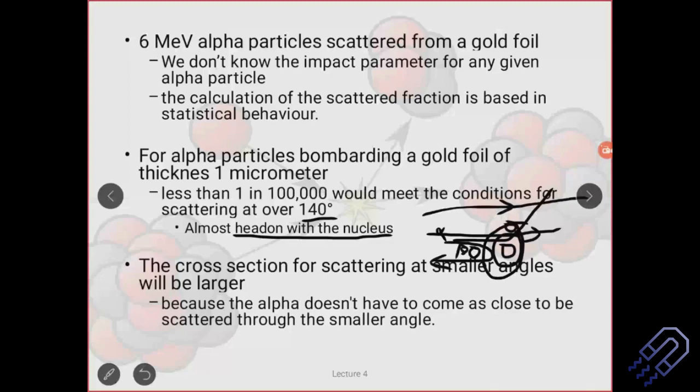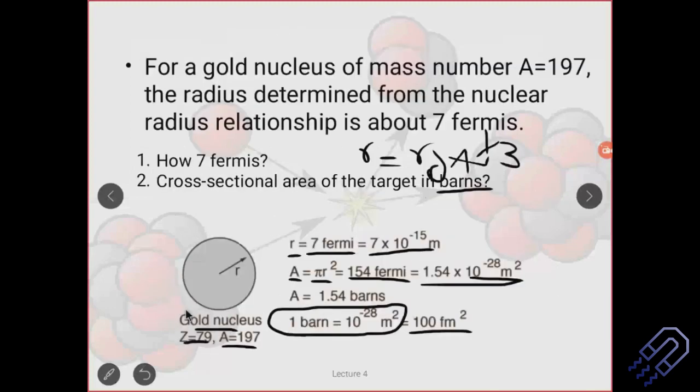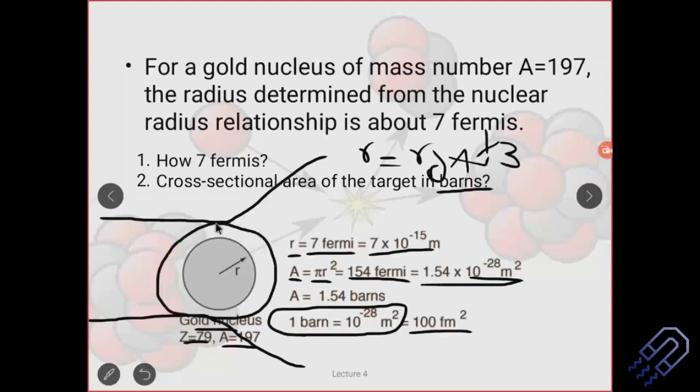But that doesn't mean that the alpha particle will only come and hit the nuclei. It might be a bit far also. So if it is here, being charged, there are chances that it will get scattered in this direction. Similarly, along this direction also, it might get scattered in this direction and so on. If it keeps on scattering, here also I have a scattering effect. So that means the effective cross-sectional area is this much now, which is much more. That 1.54 barn is only this particular area.